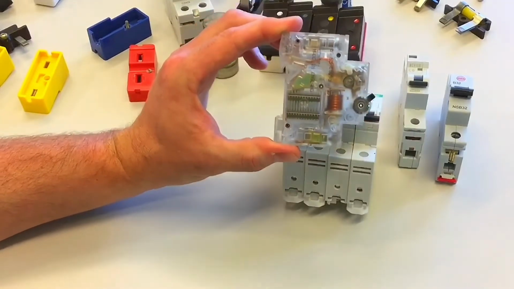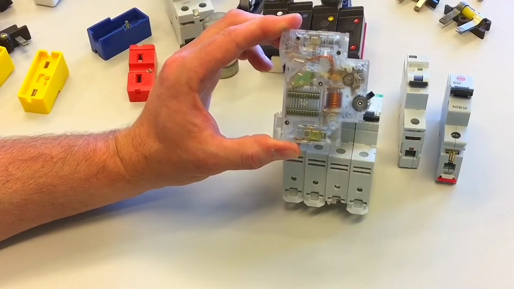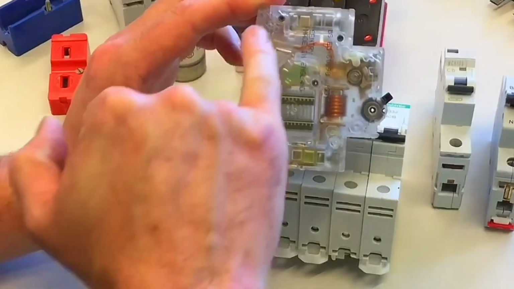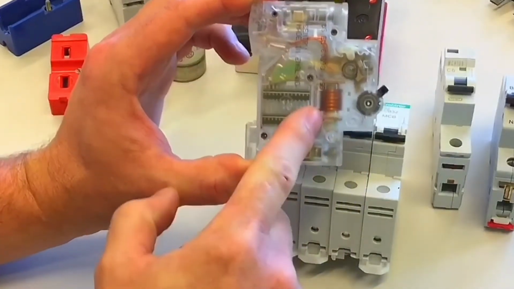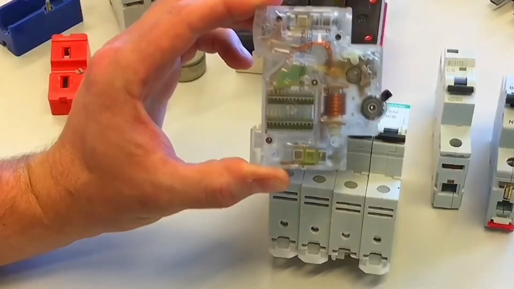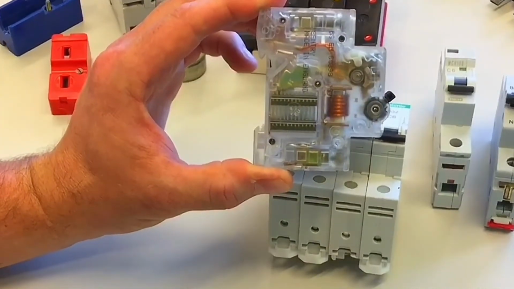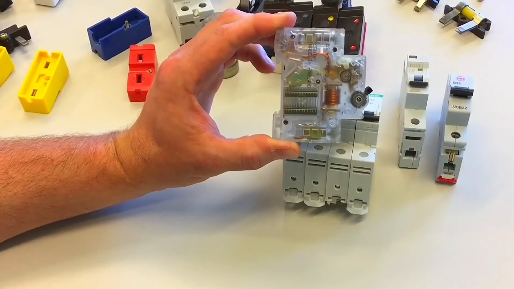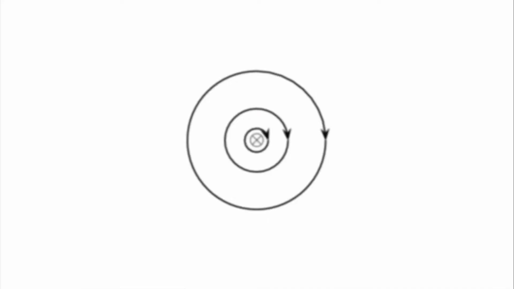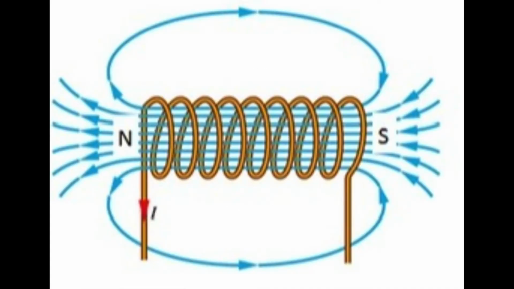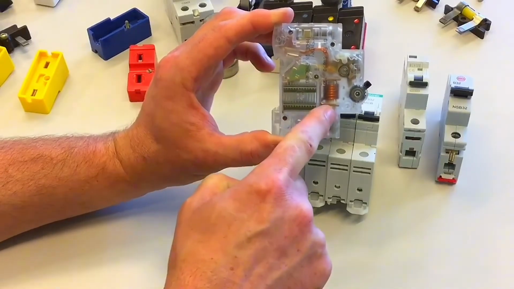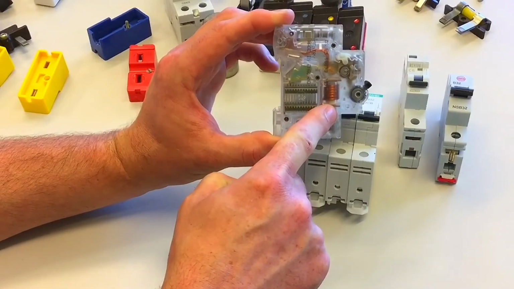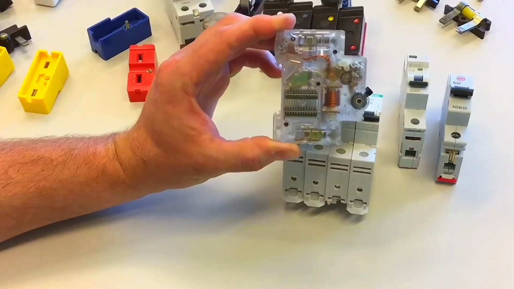We've got a clear-sided circuit breaker here, and we can see two other features that we'll discuss in the classroom. It has a bimetal strip and a coil here. And we've seen in previous studies in the classroom that a conductor carrying current will create a magnetic field around it. If we put that into a coil, we increase the strength of the magnetic field, and we use both the bimetal strip and the fact that a conductor will create a magnetic field within the basic principles of